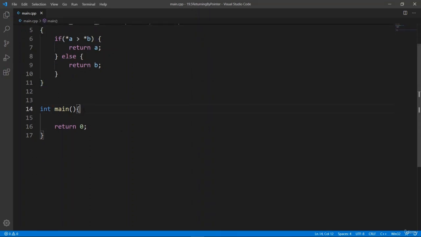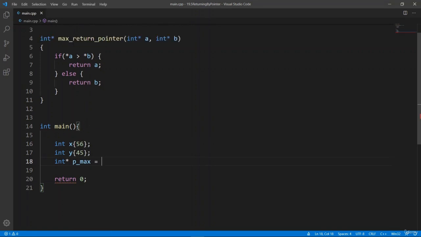We're going to set up two variables, x and y. Let's do that. Int x is going to contain 56, why not? And int y is going to contain 45. Okay, we're going to set up a pointer variable. So we're going to say int pointer, we're going to call this pmax, and it is going to contain the return value of this function